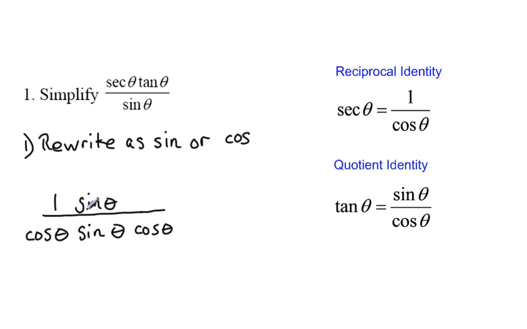Now, there's a factor of sine on top and there's a factor of sine on the bottom, so those will cancel each other out, and we will be left with 1 over cosine of theta times cosine of theta, which is cosine squared theta. Now, we see over here that 1 over cosine is equal to secant, therefore 1 over cosine squared